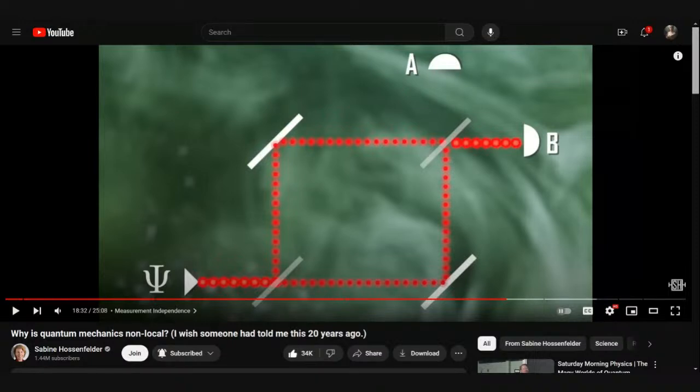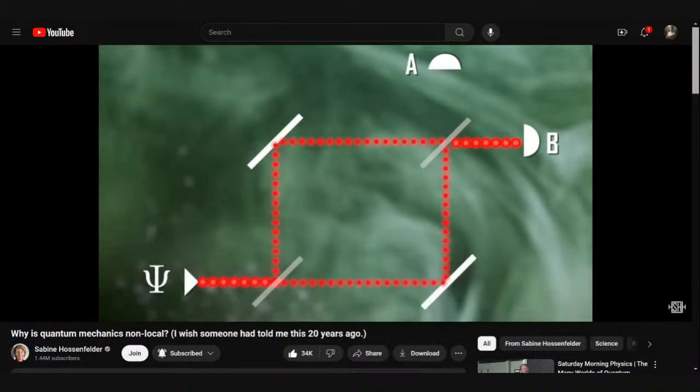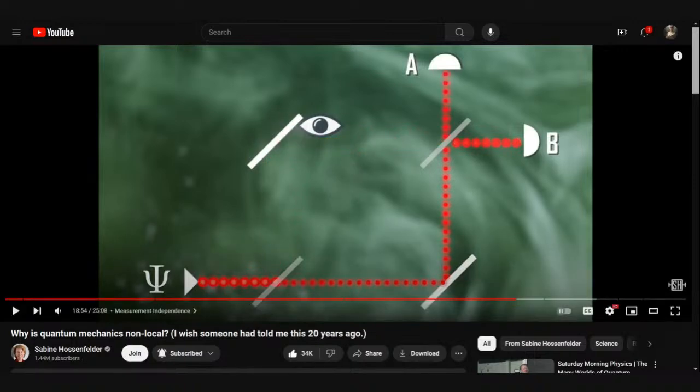Or destructively. In quantum mechanics, the photon goes over both paths, and on this output, the wave interferes destructively with itself, so no signal, and all photons go the other way. But the price you have to pay for this is that if you measure which path the photon went, you need the non-local collapse. How can we